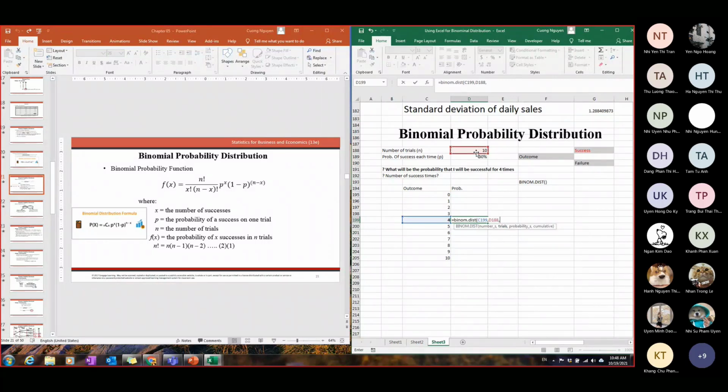Okay. Remember that I want to press F4 on this one so I can save it, because it should be fixed. Probability of success should be 30% each time. Cumulative or not, over here you will put just 4. I will show you what will be different when I put true later. But this could be the outcome. Okay, this will be the outcome. So what does this mean? I will put it in percentage so you can see. Sounds fine. So what does this mean here?